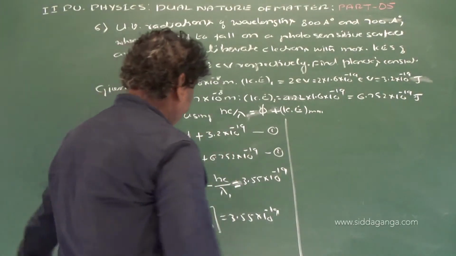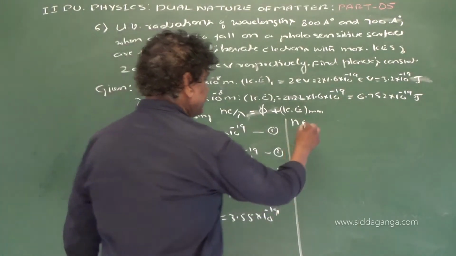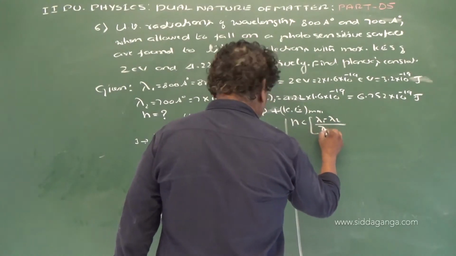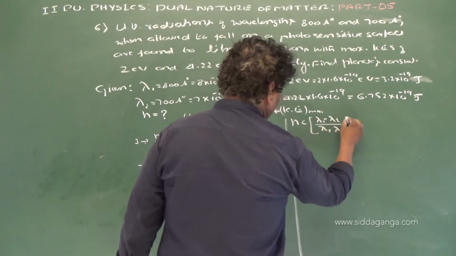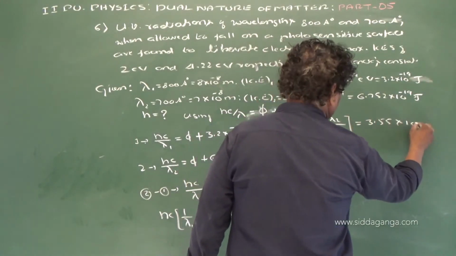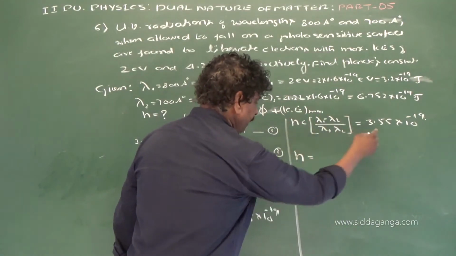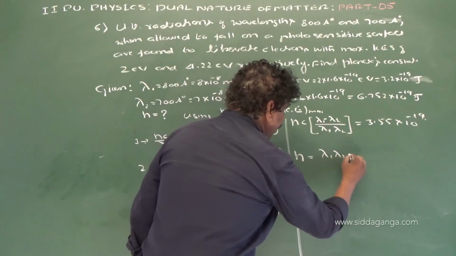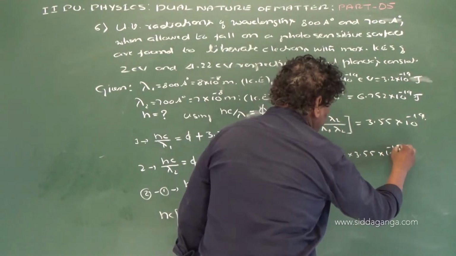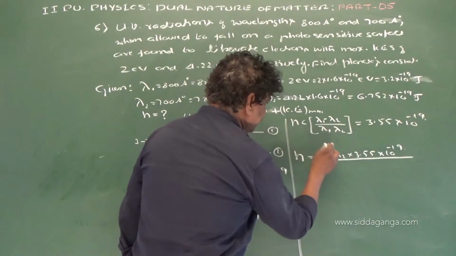Now, so here hc into, this can be written as lambda 1 minus lambda 2 divided by lambda 1 lambda 2, that is equal to 3.55 into 10 power minus 19. Therefore, h is equal to lambda 1 lambda 2 into 3.55 into 10 power minus 19 divided by this c